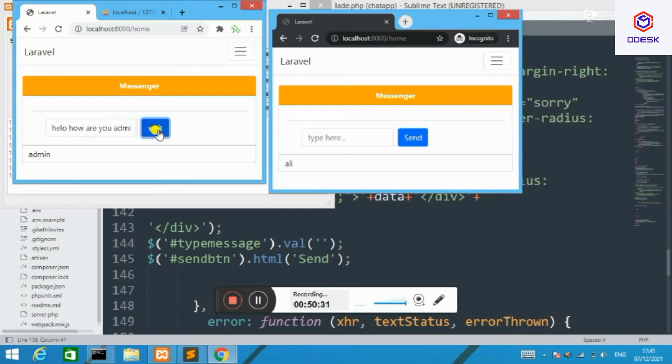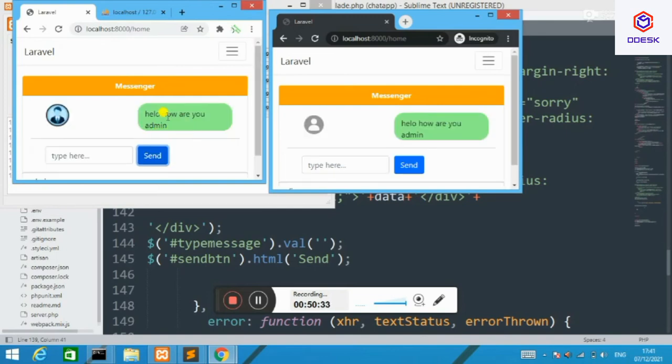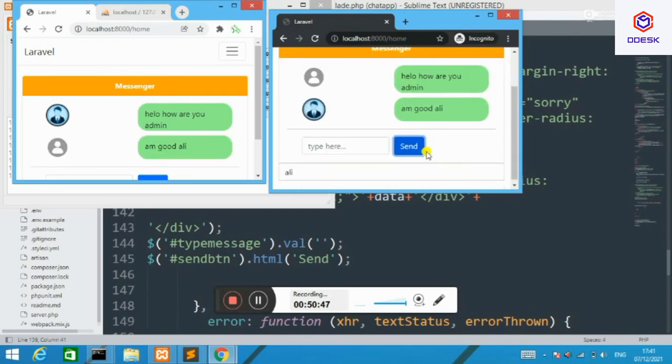Here I sent. Here you can see on the left window I didn't refresh the page, but I received a message. It means my broadcasting listening and broadcasting pushing are working perfectly fine. I'm sending messages and giving responses perfectly normally, and everything is good.